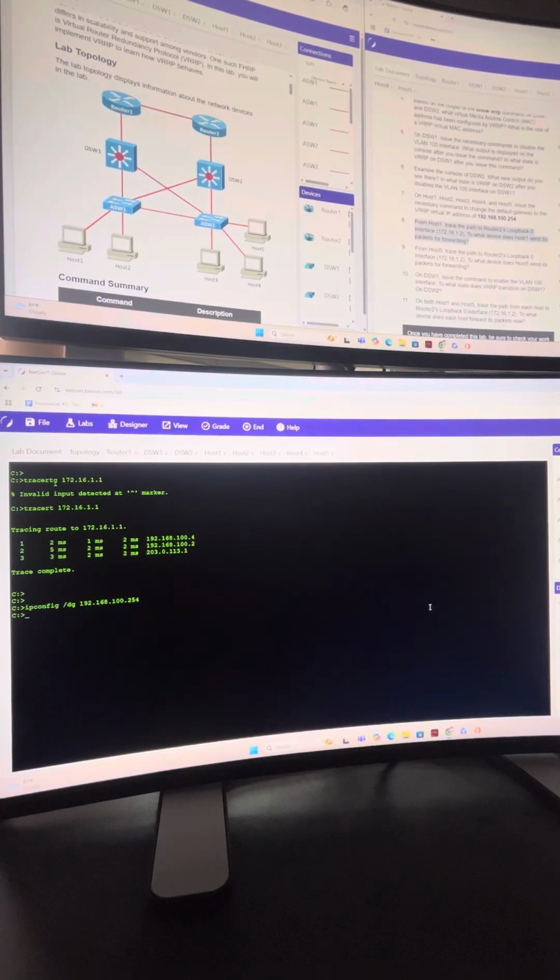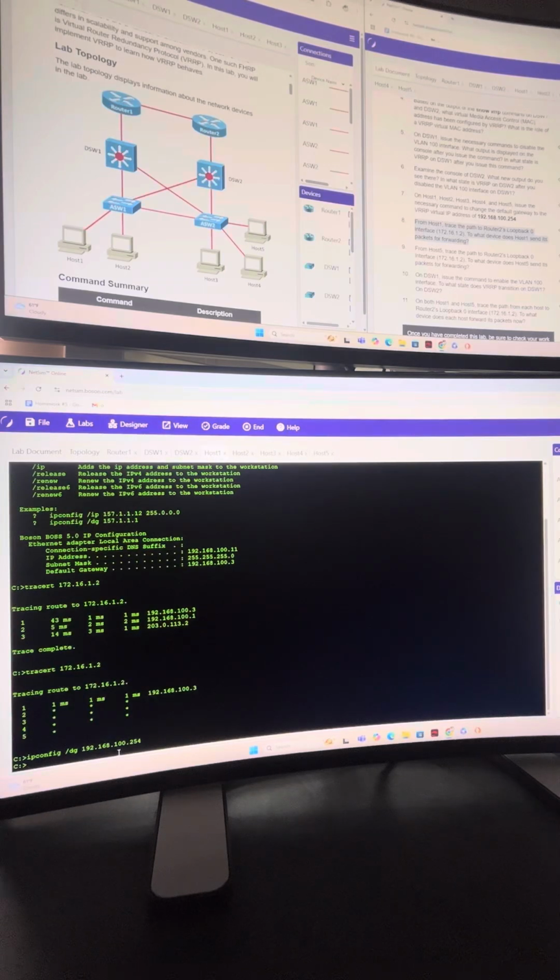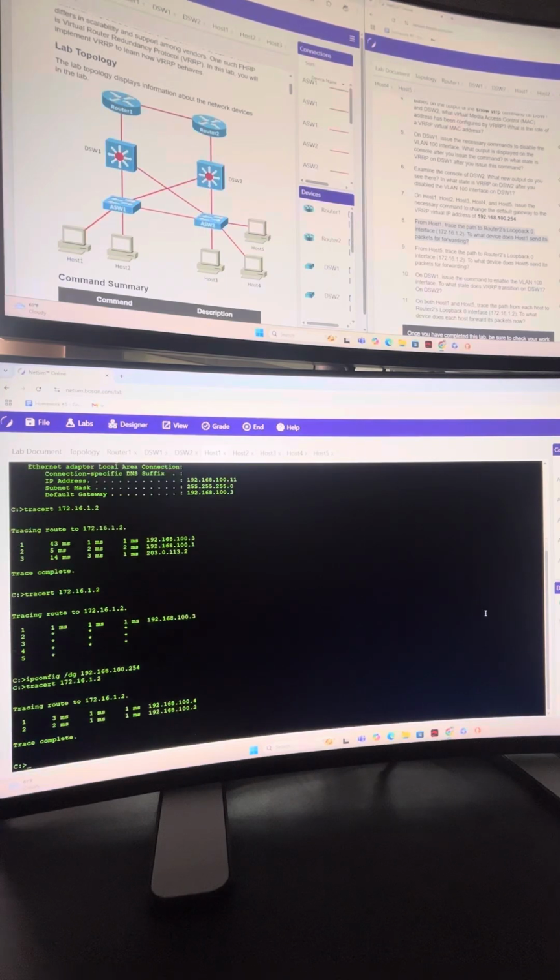So on host 5, let's do a trace route to 172.16.1.2, which is router 2. And we're doing this from host, or it should be from host 1. So it should be from host 1. So go to host 1. We're here now. And we want to do a trace to this IP address. And we can see our first hop was